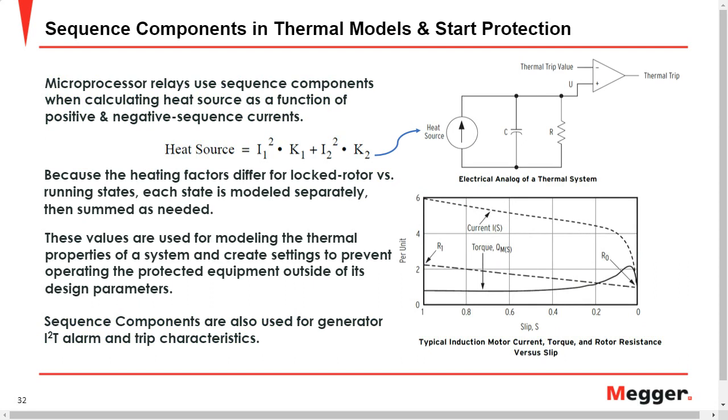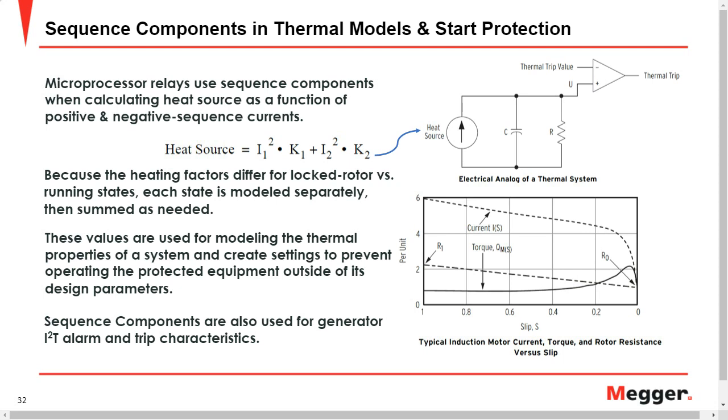Now, how do we use these sequence components? Well, with microprocessor relays, we use them in several different ways. Microprocessor relays use the sequence components for calculating the heat source in a thermal model of a motor, and because we evaluate this under 2 different states,